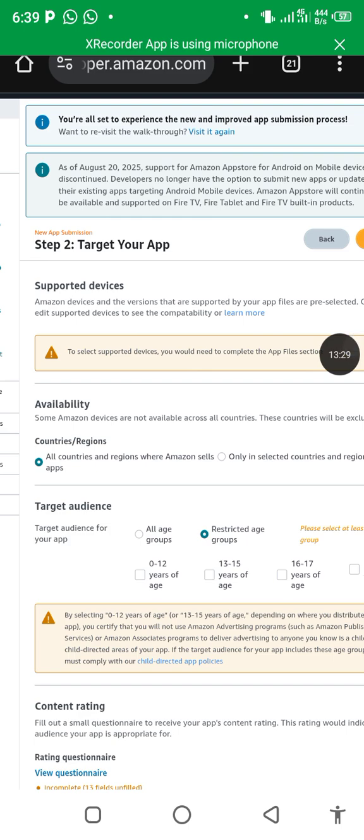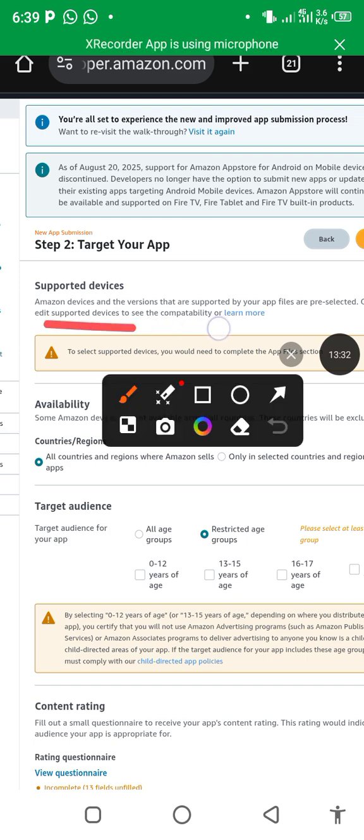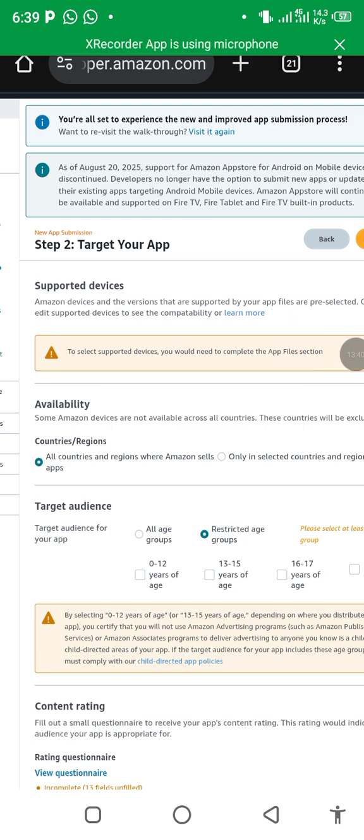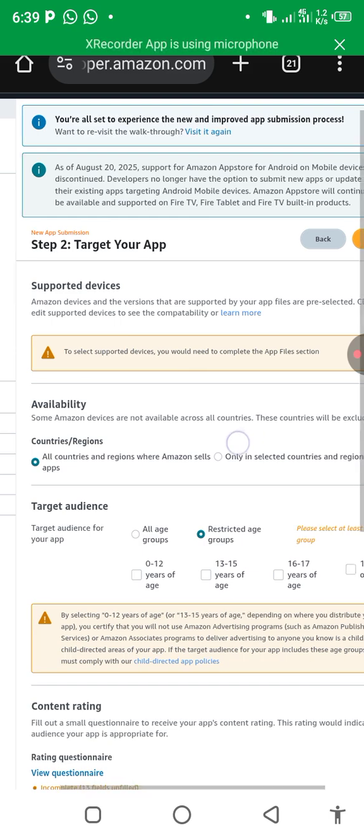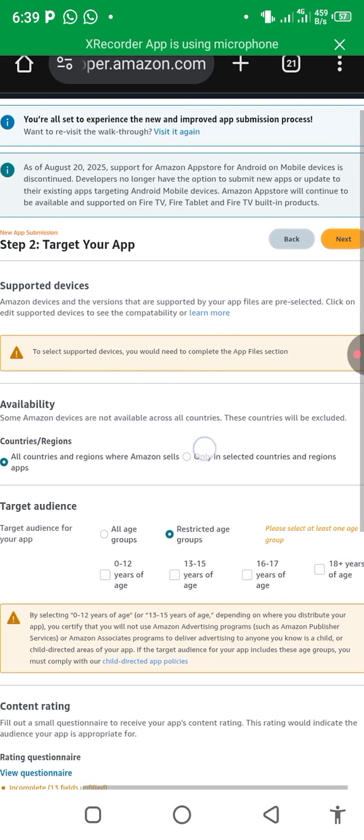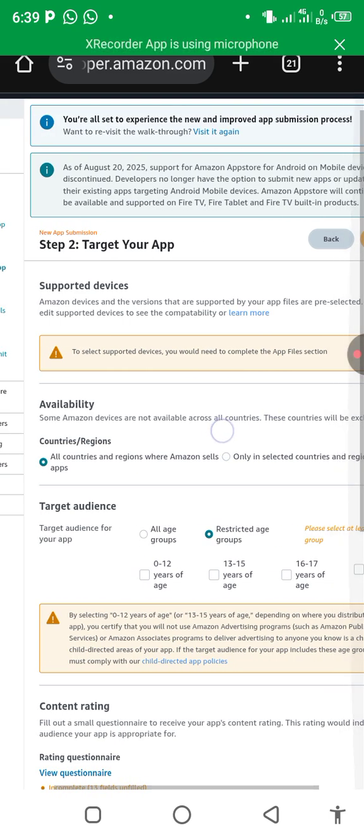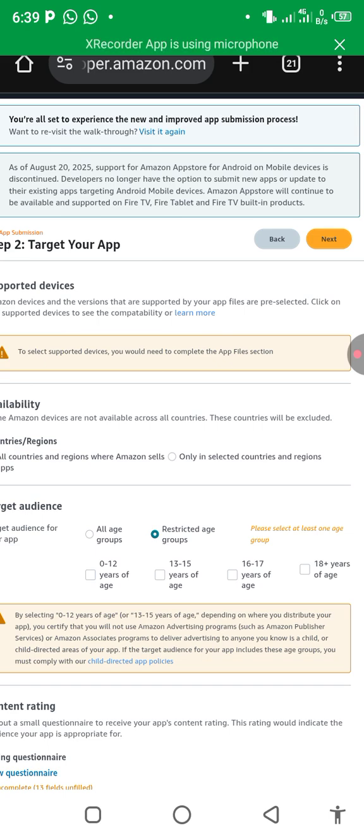I'm reading the second one here. This is where I'm reading now. So they say supported devices. Amazon devices and the versions that are supported by your app file are pre-selected. Click on edit supported device, the capability, or learn more. So you can see,